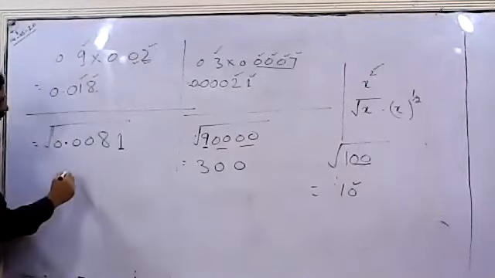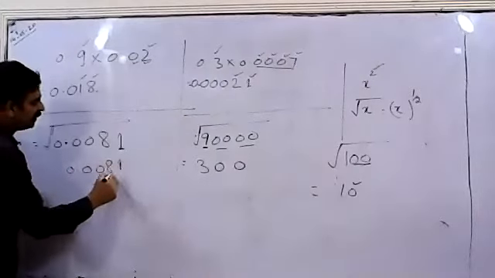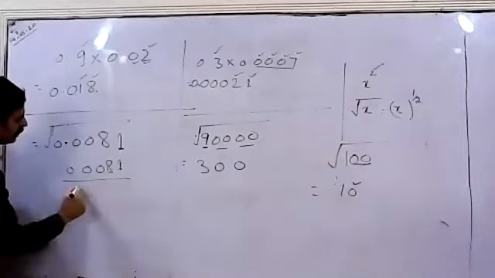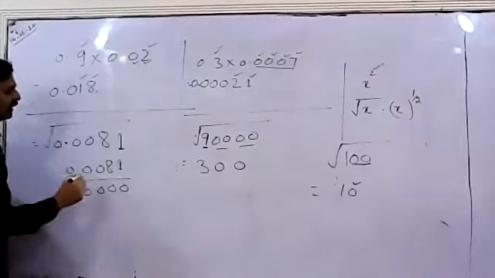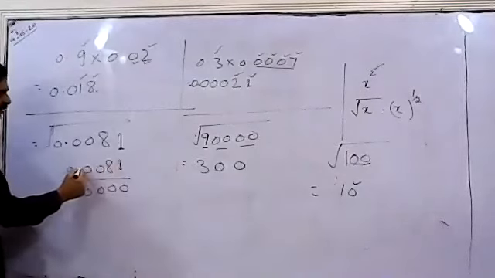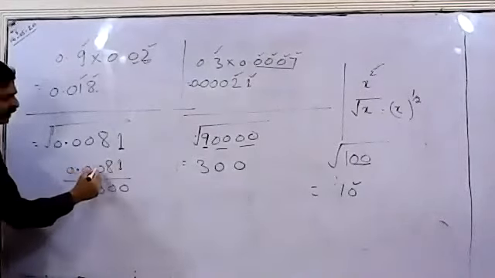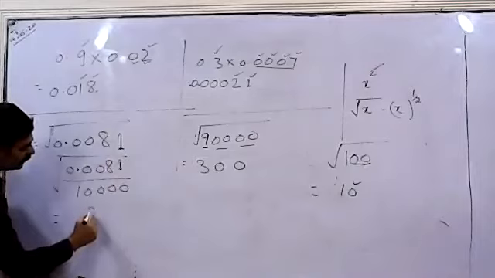If I write this value 0.0081, we will write it over 10,000. In place of the decimal, write 1, and count the digits written on the right side of the decimal: 1, 2, 3, 4. We will add 4 zeros. So it becomes 81